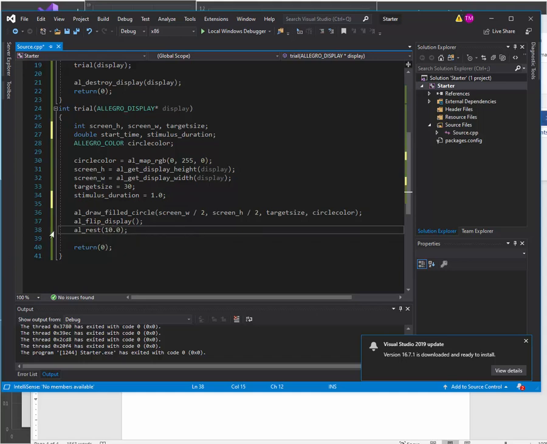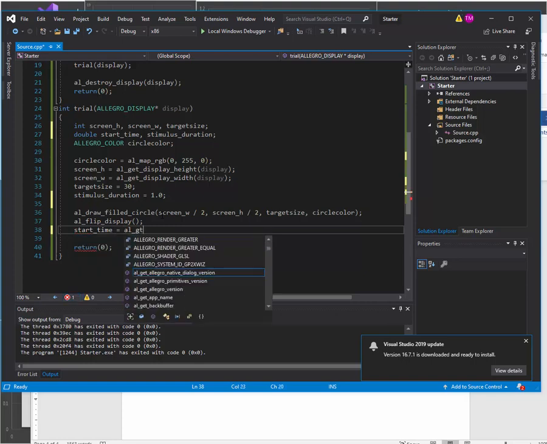The next thing we need to do: right after we flip the display, I'm going to get rid of the all rest and delete it. And right after we flip the display of the circle itself, I am now going to set the start time to that Allegro function, all get